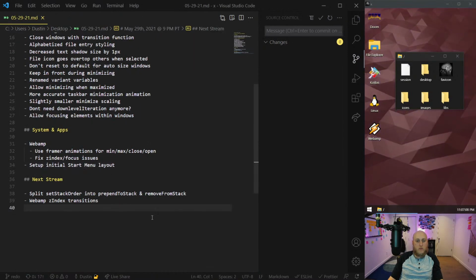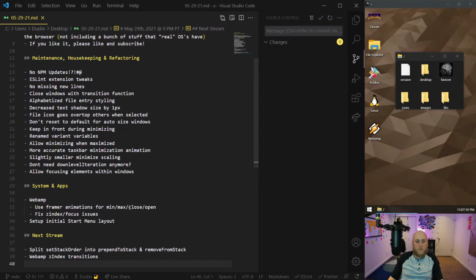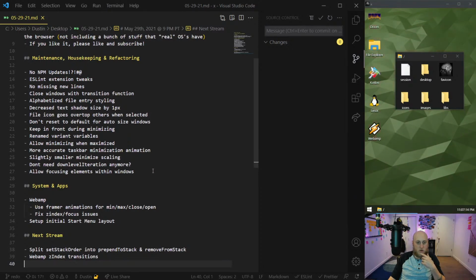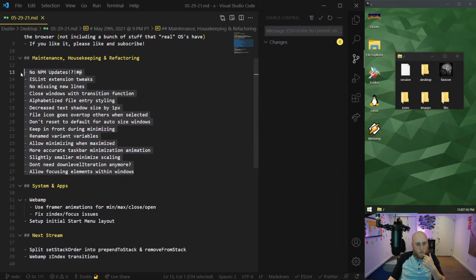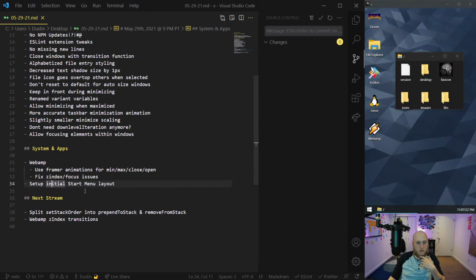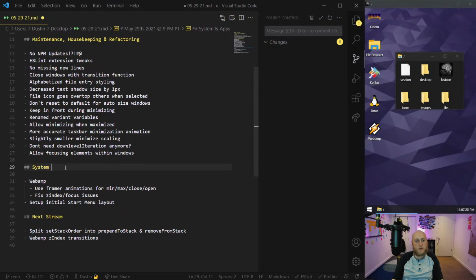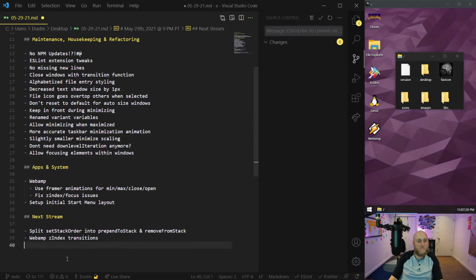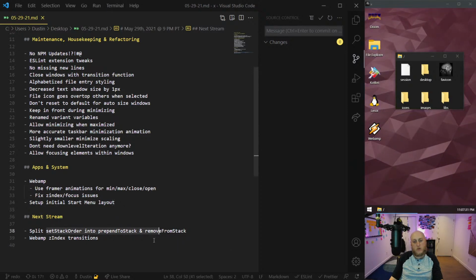Cool, and we're at the 2-hour mark, and I pretty much finished. Fortunately or unfortunately, I don't know. Let's quickly make sure this all made sense. Yeah, these refactors are in the right place. These were all refactors involving the apps and the system. Let's rename that to be apps and system instead of system and apps, because it's the order I did it in this time. And then for next stream, we'll do a little refactoring there.